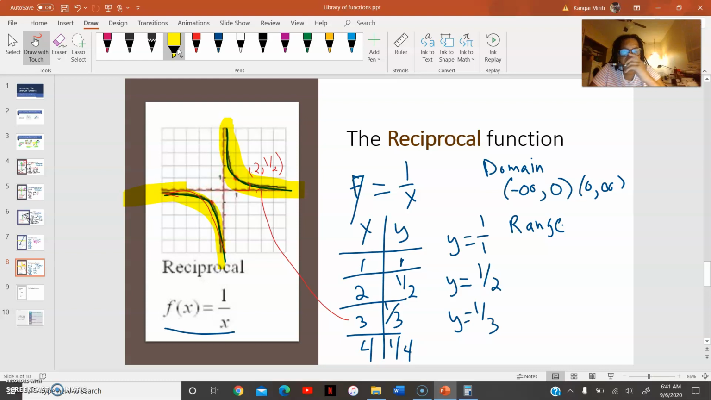And now, why does it never touch 0? Because if I tried to put 0 in the x spot in this function, that is undefined. So this function will never have a point where x equals 0. And the range is similar here. The range is from negative infinity